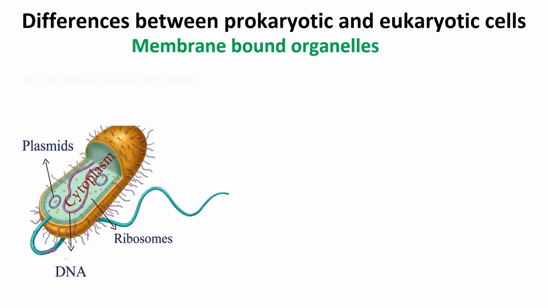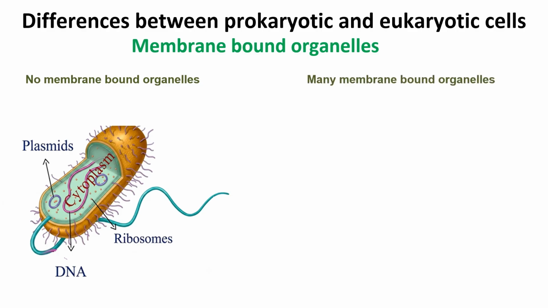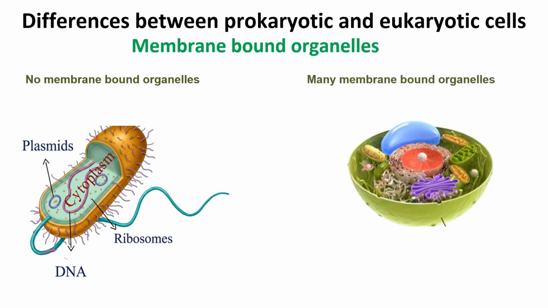There are no membrane-bound organelles in prokaryotic cells. DNA, ribosomes, sometimes plasmids are located in the cytoplasm in prokaryotic cells, but there are many membrane-bound organelles in eukaryotic cells,